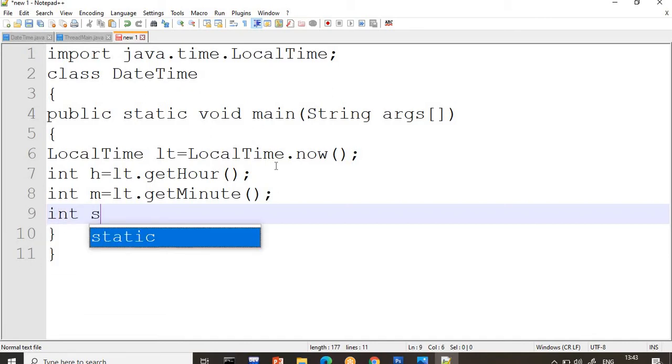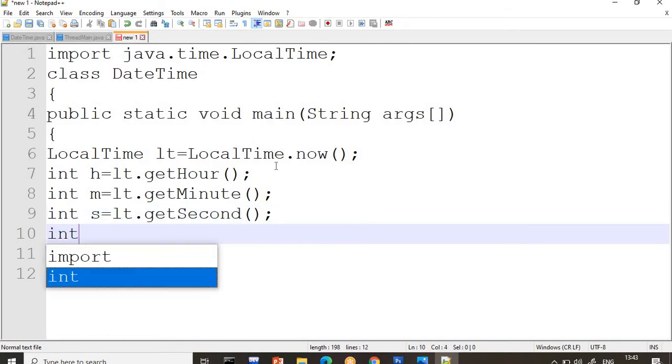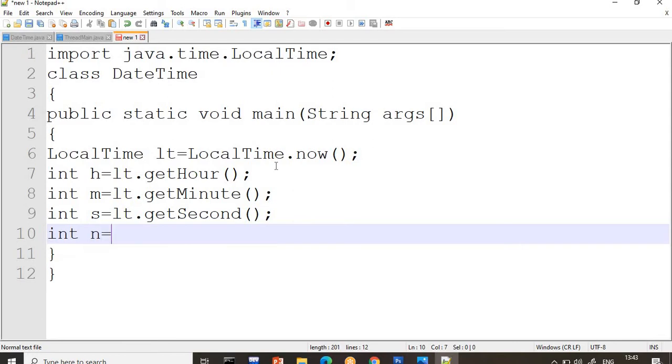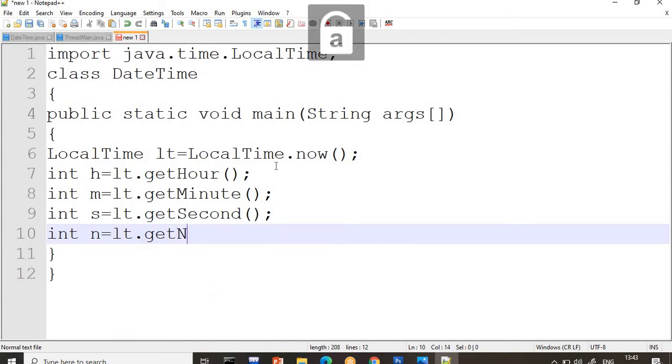So I will write int s is equal to LT dot getSecond. After that we will write int n is equal to LT dot getNano, so whatever the nanosecond is, it will be displayed here.